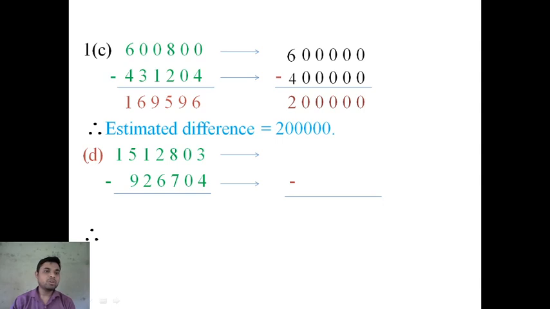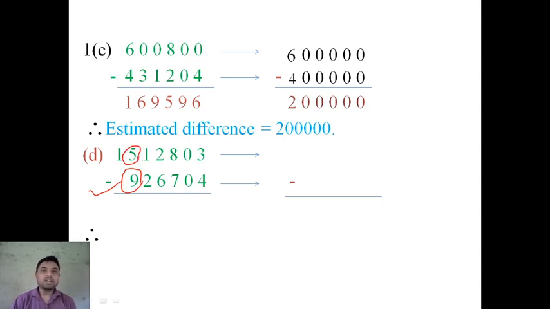Okay, come to D. 1, it is given. So the first step is what? We'll see what is the smallest number. Obviously this is the smallest number. Okay, so what is the highest place of the smallest number? 9. It is which place? Lakh place. It is the lakh place. So what is the digit in the lakh place here? 5. So what we will do?